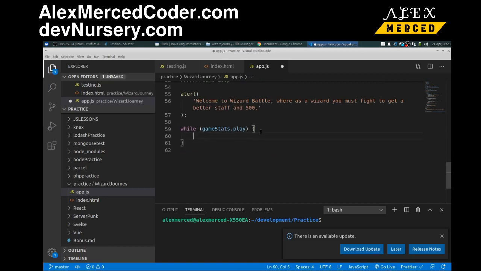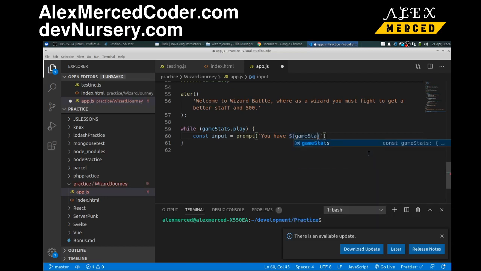Now each time we do this, we want to make sure we get information from the user. So I'm going to do const input, which is just whatever the user gives me back. And that's going to be prompt, so that way the user gets prompted for information. We'll just say, what would you like to do? And actually, let me redo this. I'm going to use backticks, this way they know what they have. You have